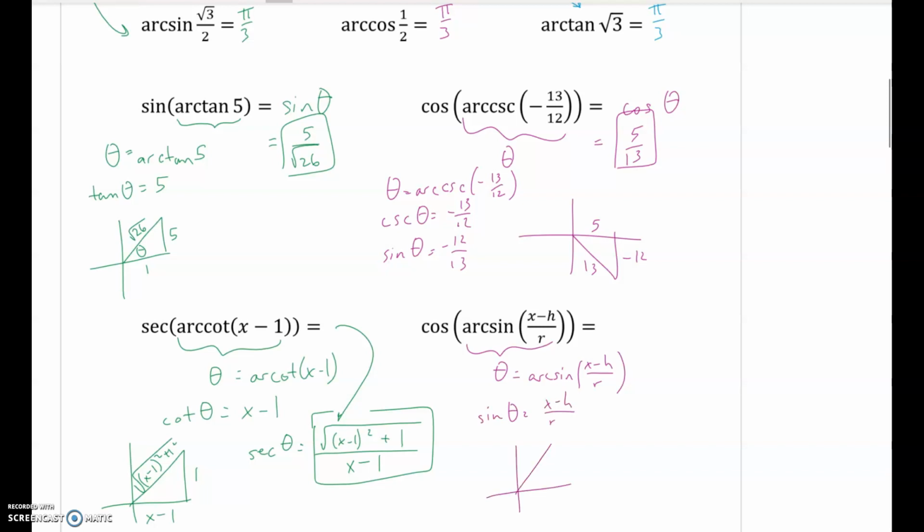When we build our triangle, our vertical distance is x minus h, our hypotenuse is r, so our Pythagorean theorem tells us that the square root of r squared minus x minus h squared is that missing side. So when we take the cosine of theta, we get that crazy square root of r squared minus x minus h squared, and we divide that by